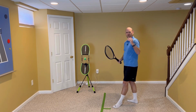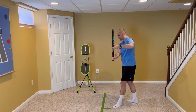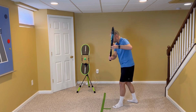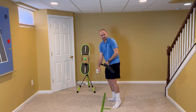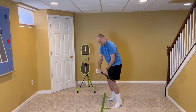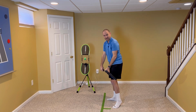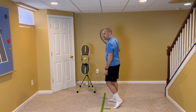When you look at Musetti, and when you look at Tsitsipas, it's the same thing. When they turn, their racket is so straight up and down. The reason this helps you is because at the bottom of the swing, it makes it easy to close the racket face. See, when your racket is straight up and down here, when it drops, it can be closed. And closing the racket face prior to hitting is one of the key ingredients to hitting topspin on your backhand,